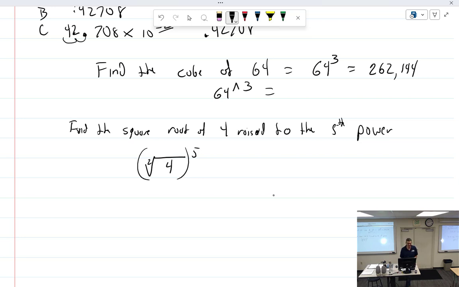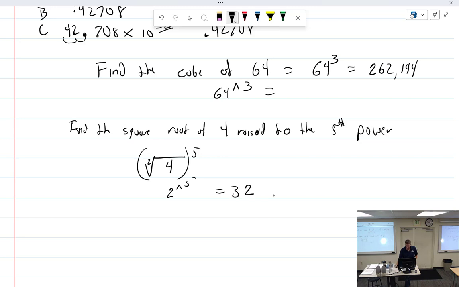Yeah. I would do that. Okay. So I would just do the square root of 4 is 2 raised to the 5th. Well, everybody knows 2 times 5 is 10. 2 to the 5th power is 2 times 2 times 2 times 2. I lost count, so that's why I wouldn't do that. I would just use my calculator, which equals